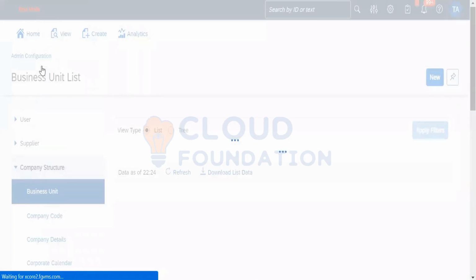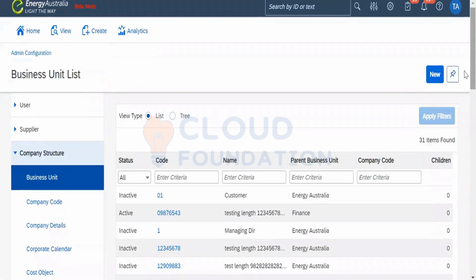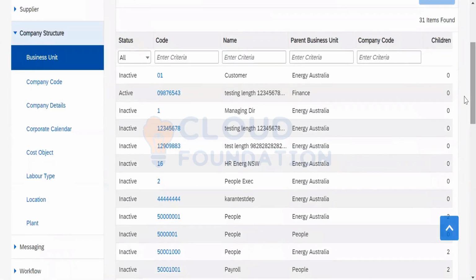We have got something called business unit. Business unit is one of the units or one of the verticals of a company.